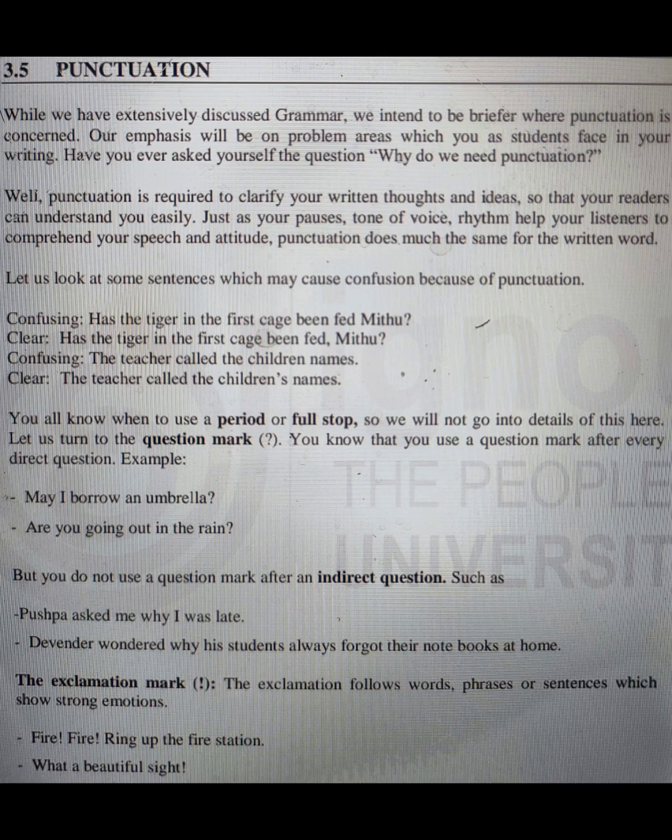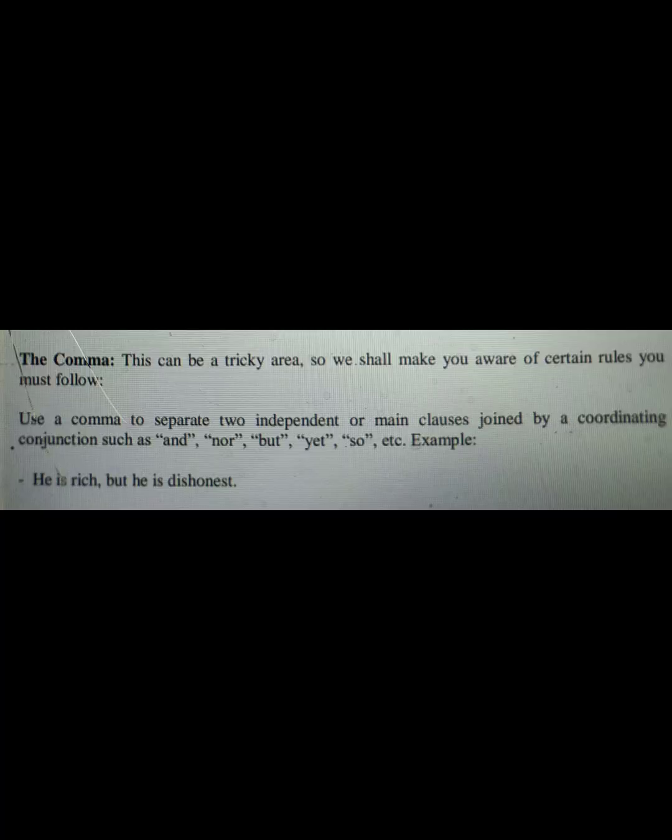The exclamation mark follows words, phrases or sentences which show strong emotions. Fire, fire, ring up the fire station! What a beautiful sight! The comma. This can be a tricky area, so we shall make you aware of certain